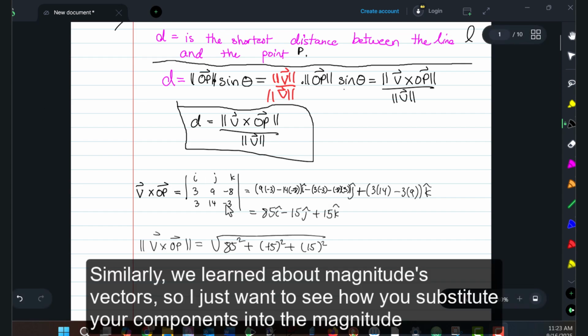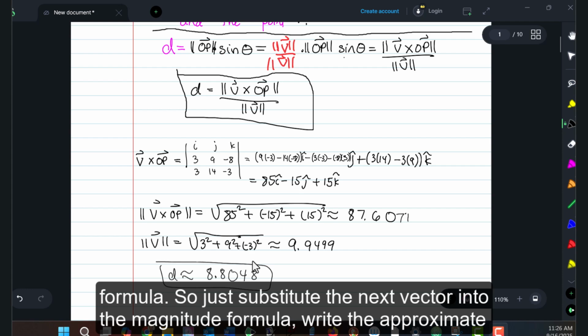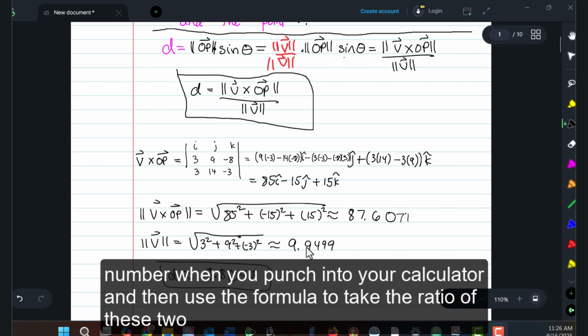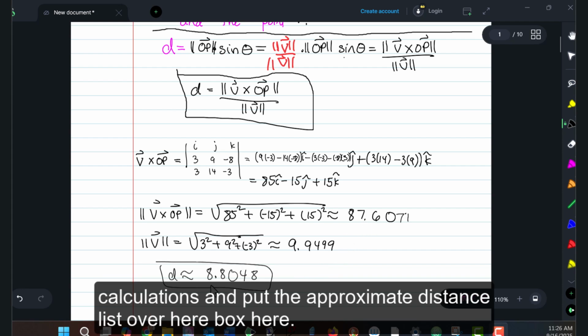Similarly, we learned about magnitudes of vectors, so I just want to see how you substitute your components into the magnitude formula. So just substitute the vector into the magnitude formula, write the approximate number when you punch it into your calculator, and then use the formula to take the ratio of these two calculations and put the approximate distance listed over here, box your